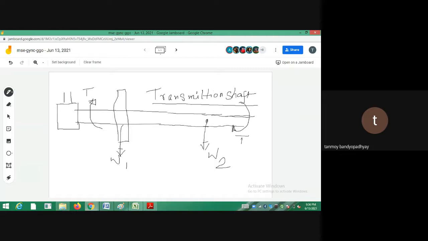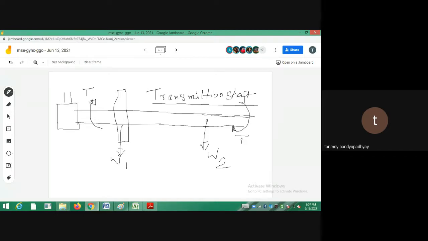You don't have a motor at every point of the industry. You have a bull motor or a bull shaft. That bull shaft drives the entire system of shafts, and that is the transmission of the power. Wherever you need power, we have a belt connection or a gear connection. These belt connections you can see in our Blue Earth laboratory, whenever you are taking power from a transmission shaft using a pulley.